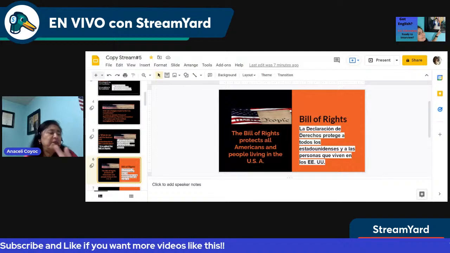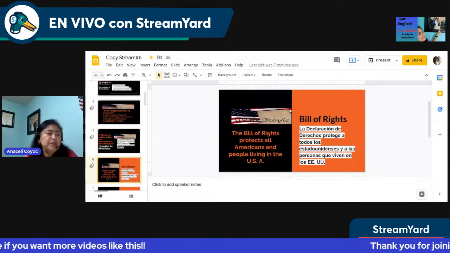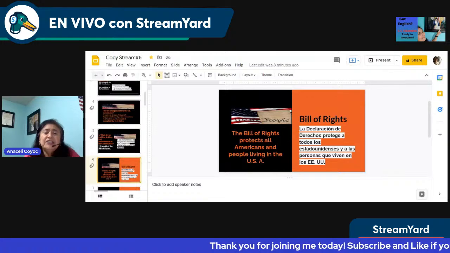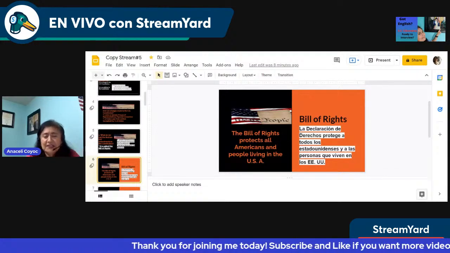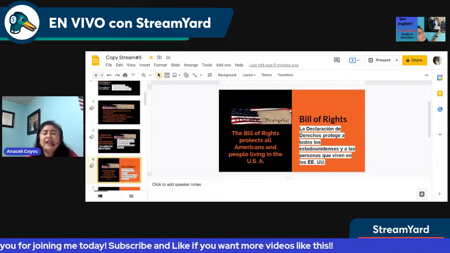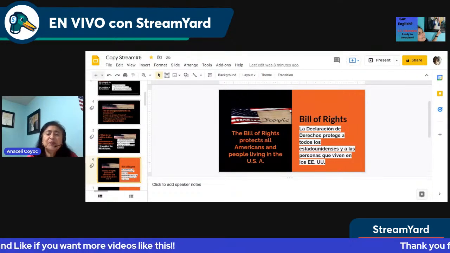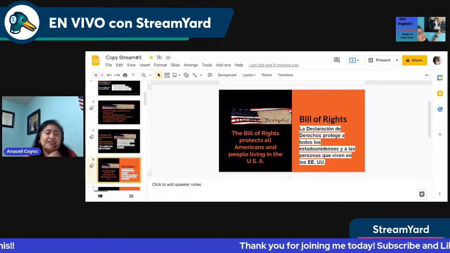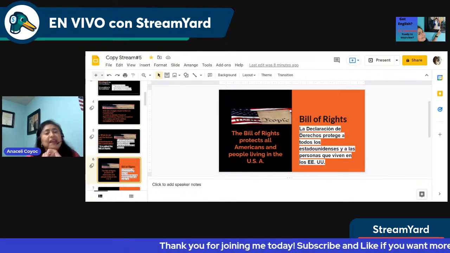why do we have the Bill of Rights? What's the purpose of the Bill of Rights, or the first 10 amendments to the Constitution? The answer is the Bill of Rights protects all Americans and people living in the United States. It protects all Americans and also people living in the United States. So it's for all people in the United States, in other words. Next,